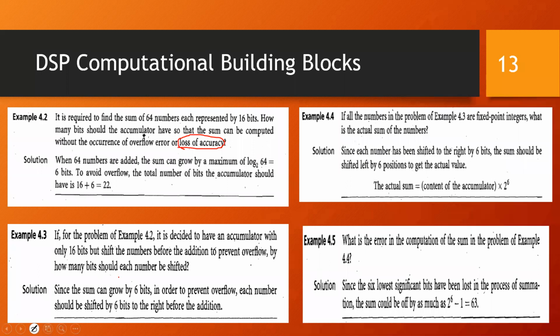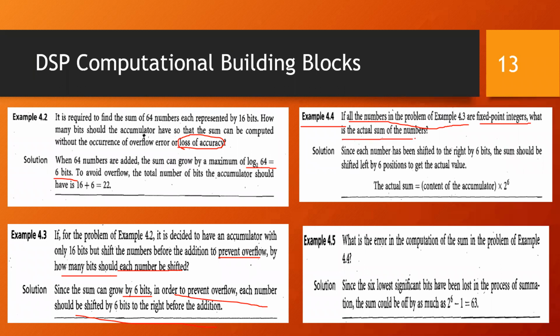So here, just how many bits you have to shift in order to prevent the overflow? In order to prevent the overflow, we have to shift it by log n to the base number of bits. So here we have to shift all the numbers by 6 bits to prevent the overflow before you can perform the addition. Now here we did not specify anything else, but in example 4.4, if you just see, if all the numbers of this 4.3 example are fixed point integers,